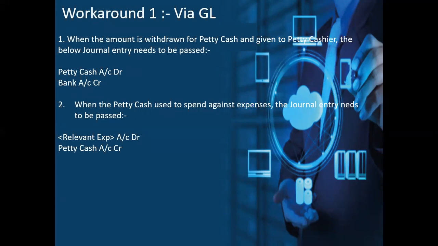And whenever the expenses are incurred using the petty cash, then pass another journal entry wherein you debit your concerned expense account and credit your petty cash account. So at the end of the month, check what exactly is the balance in your petty cash account as per Oracle, and see if the petty cash really holds physically such an amount. If not, then investigate further as to what's going wrong. So this is one way of recording your petty cash